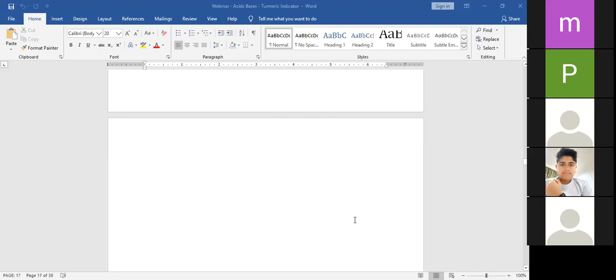Now, what matters is, yes, it is harmful. Acids or bases are harmful, but it depends on the concentration of the acid or the concentration of the base. If the concentration is too high, yes, the acid is harmful to you. The same way, if the concentration of the base is too high, yes, it is harmful to you. Now, is there a way to measure the concentration of H plus ions?